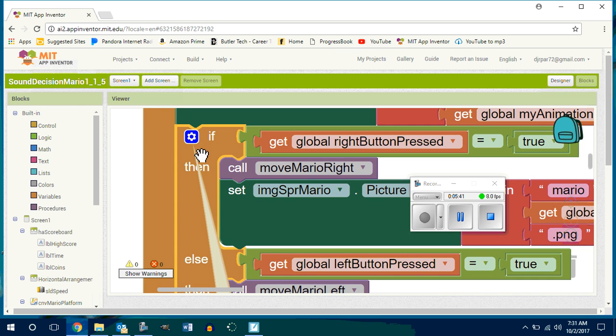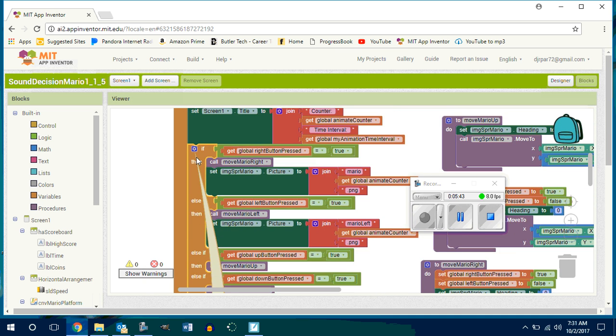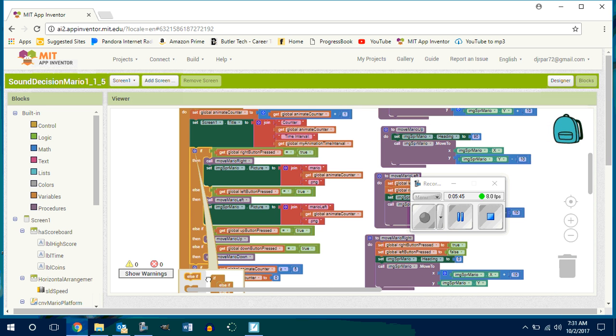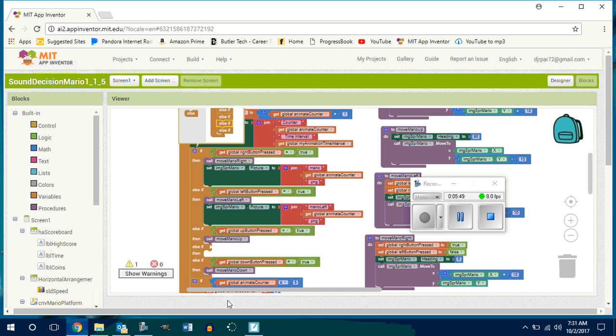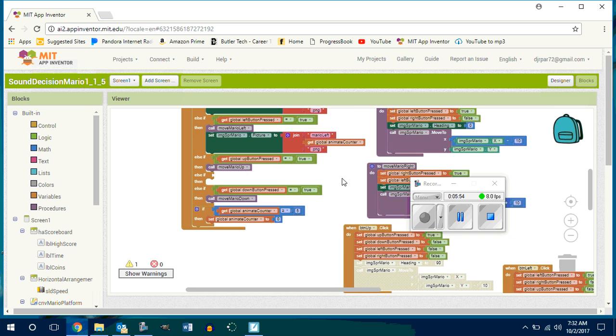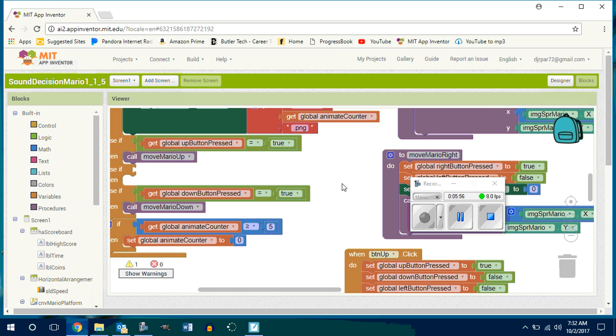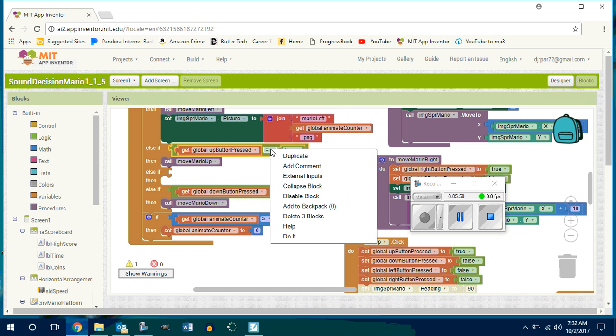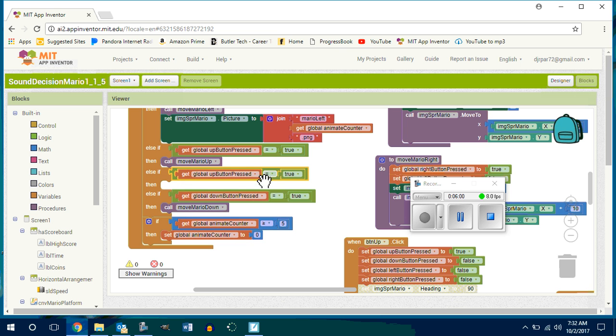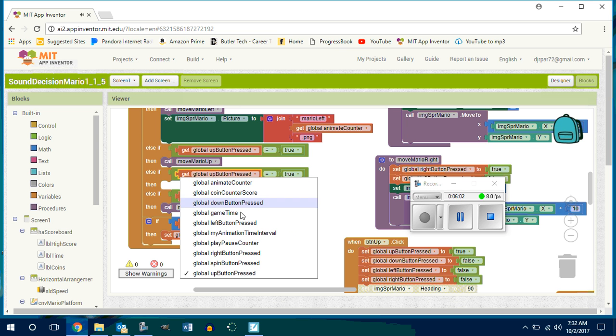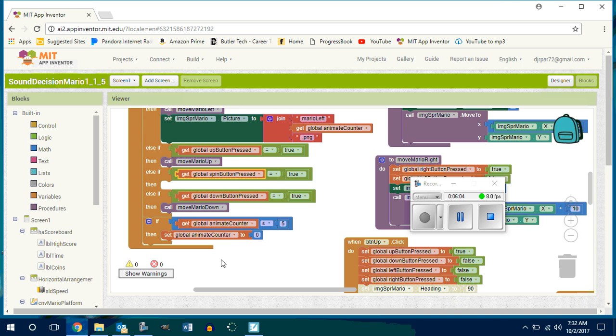Give me the gear. All right, there we go. So I'm just going to copy and paste all this stuff right here. If I press the spin button, then we can come over here and create a